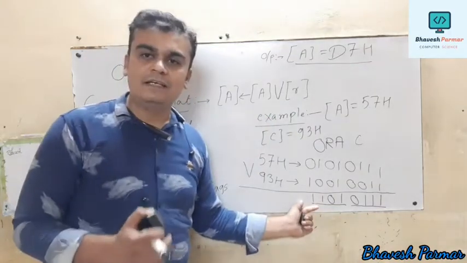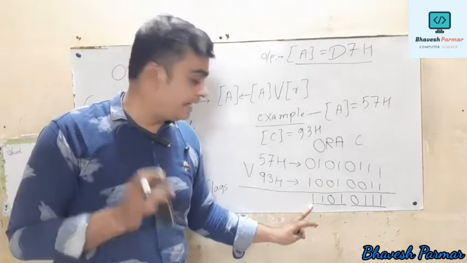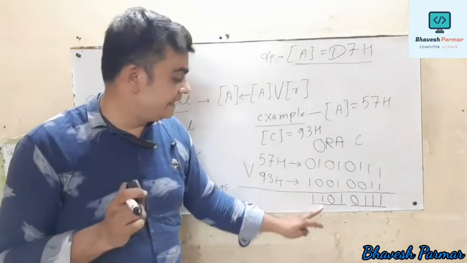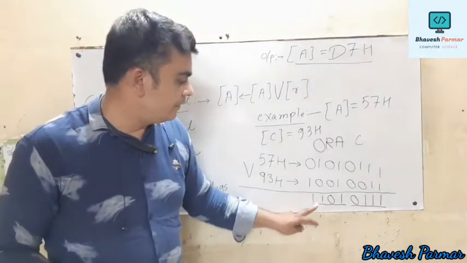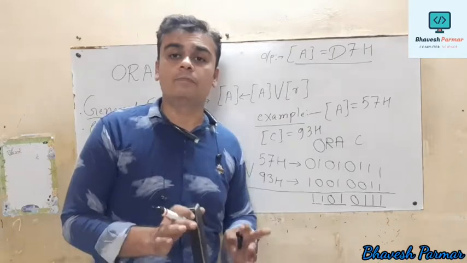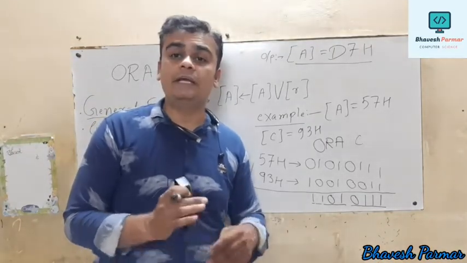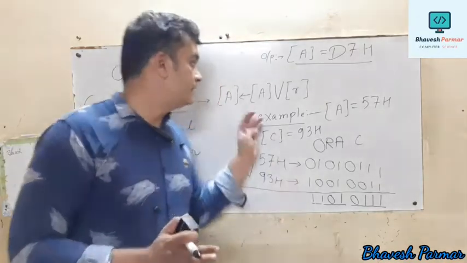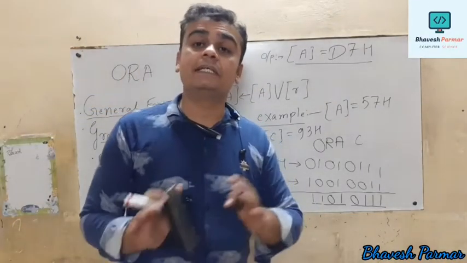And from the flag register point of view, my MSB bit is 1, so we say that the S flag is equal to 1. Thereafter Z is equal to 0, AC is equal to 0, CY is equal to 0. And if I count the total number of 1s, it is an even number. So that's why we say that the P flag is equal to 1. It is called even parity. So guys, in this way we have discussed the logical OR operation with register.